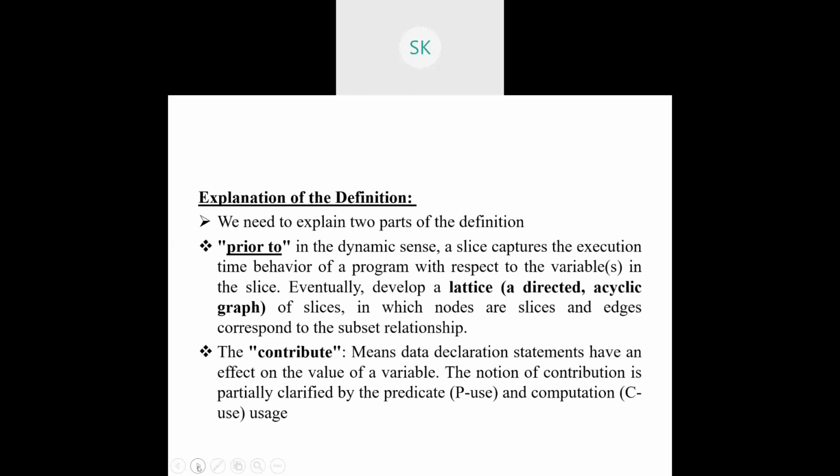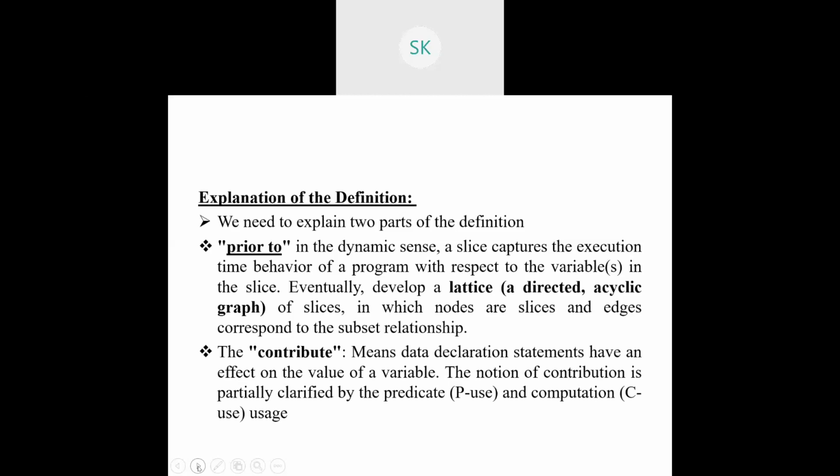Prior to is nothing but dynamically, if you capture those particular executions of the variable that you have chosen, the execution of the statement previous to it should have some impact on that particular variable. Then you can have those particular nodes included in your path. That's what prior to is. Contribution means it should change, it should give some particular importance to change the entire scenario of the variable.